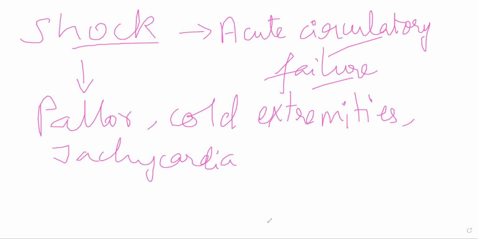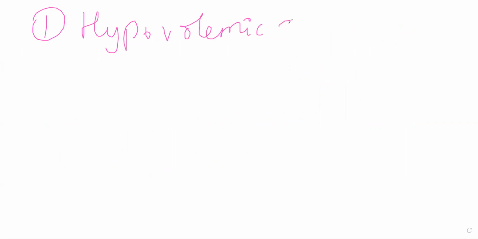Now shock itself is of 5 different types. The first one, hypovolemic shock. In hypovolemic shock, there is decreased fluid volume. This is because of loss of plasma, loss of blood. It might be dehydration. In any scenario, the total amount of blood volume is decreasing. That is causing hypovolemic shock. Here you can directly give plasma expanders. You'll be able to stabilize the patient's condition.